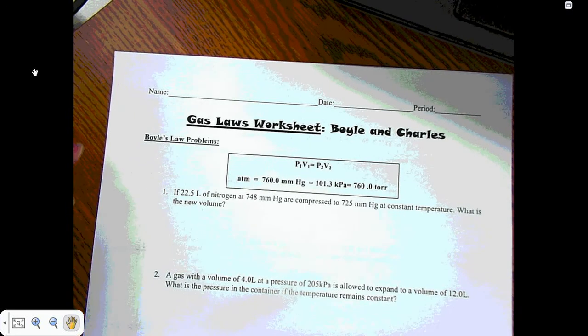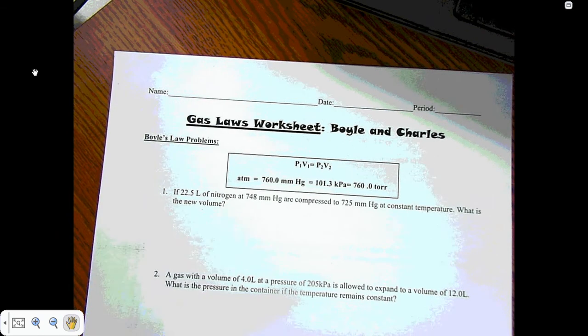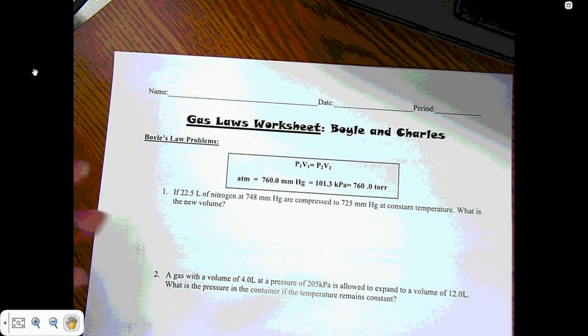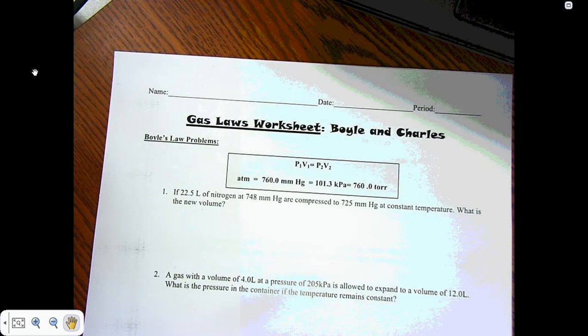Hey guys, today we're going to test our knowledge with gas laws, understanding Boyle's, Charles's, and hopefully we can get to some other gas laws. So let's go ahead and get started. First question deals with Boyle's law, and whenever we're trying to answer these Boyle's law questions or any gas law